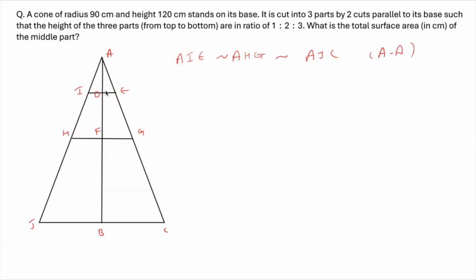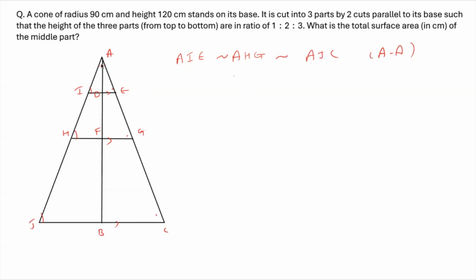You can call these parallel lines, IE, HG, and JC. They are cuts made parallel to the base, right? So these could be corresponding angles and A would be the common angle, or these are corresponding angles as well. So these three triangles are similar by the AA test. Now, whenever triangles are similar, guys, we know that the ratio of their areas is equal to